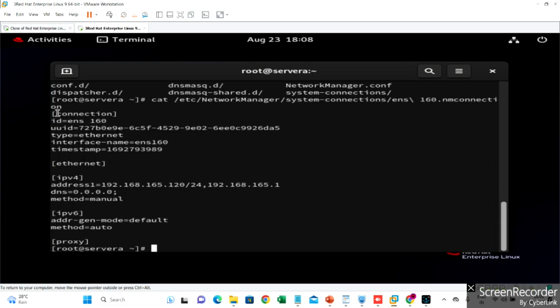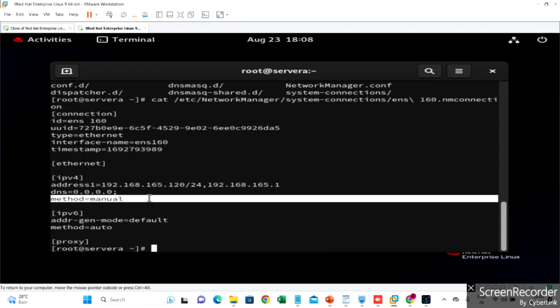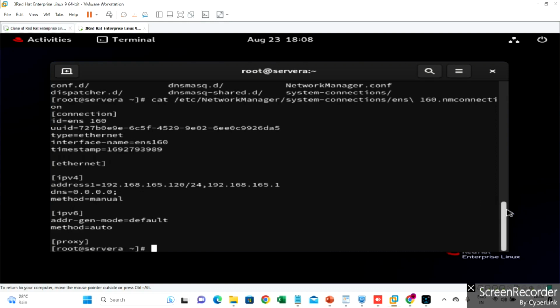Okay, so here this is the information. Your ID is given and the type is Ethernet. Yes, the IPv4 address is this. Yes, this is correct. Subnet mask is given and gateway is given, and here is your configured DNS and your method. Okay, so in this manner you can make sure,